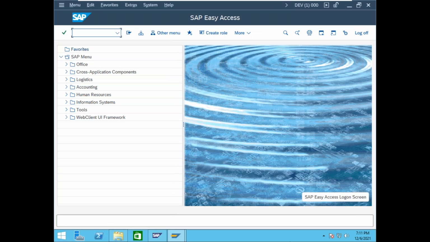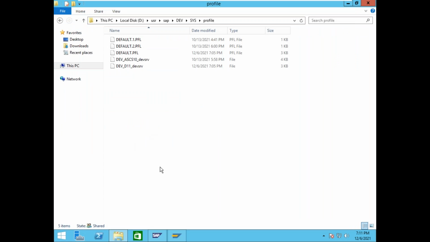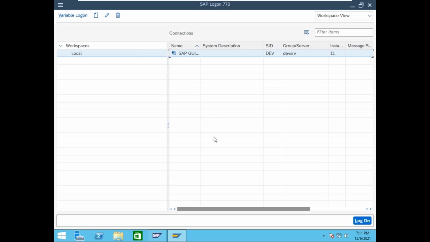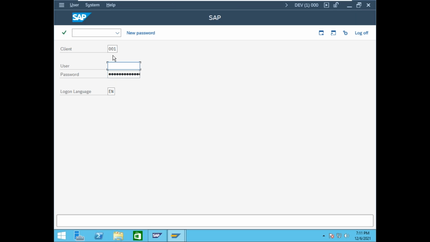And are there any post installation steps? Suppose the last post installation step I am doing in this experiment. When I double click here, the default client is 001. Suppose I want to change that default client.